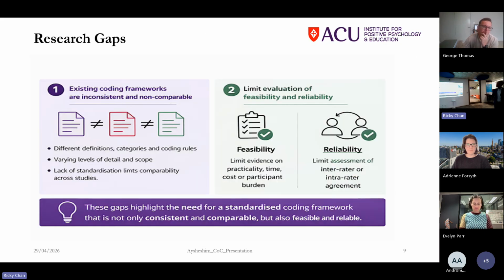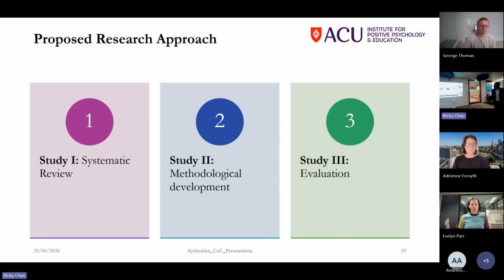So coming to the research gap, the existing coding frameworks are different in terms of definition, protocol, criteria, and scope. This affects the comparability among studies and affects generating full evidence. In addition, the existing evidence has limited evaluation of feasibility and reliability. This also affects scalability and use across different researchers. So this highlights the need for a standardized conceptual framework to enable comparing studies across different areas and